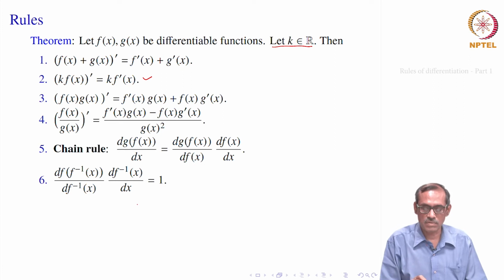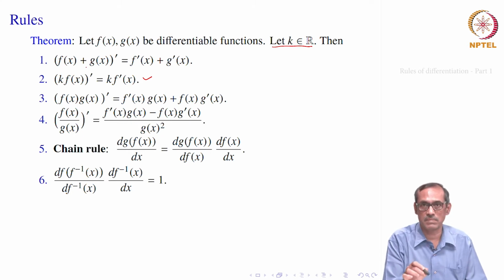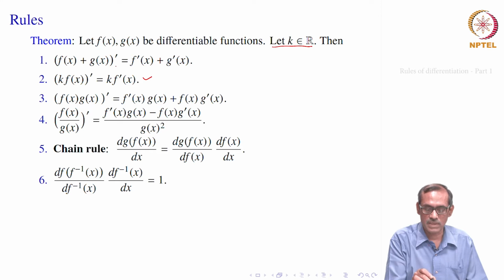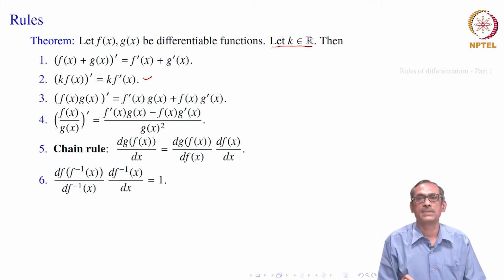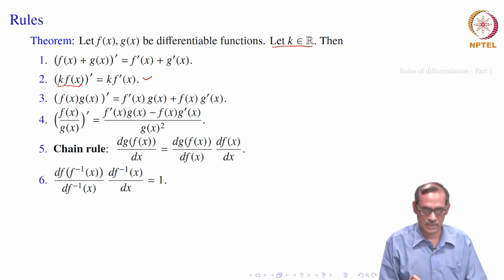That is not difficult to see, because you know the algebra of limits. Once you take this increment in f x plus g x, it will be in the form f of x plus h minus f x. When you take g x, it will be g of x plus h minus g x, so the increment is f of x plus h plus g of x plus h minus f x minus g x. When you divide by h and take the limit, because of the algebra of limits, it will be equal to f prime x plus g prime x. Similarly, when you take the constant multiple of a function, then in the limiting process that k comes out. So, you will get k times f prime x.